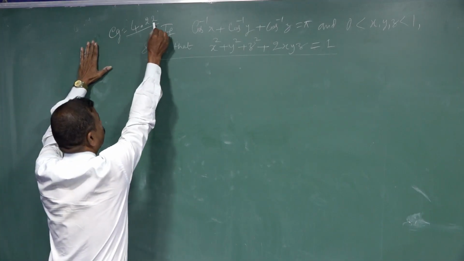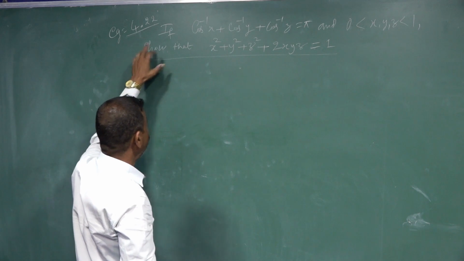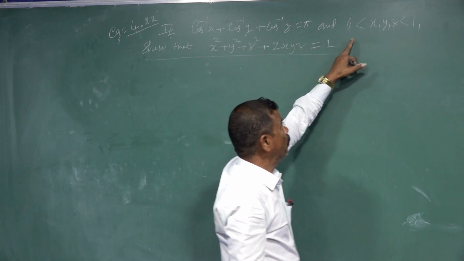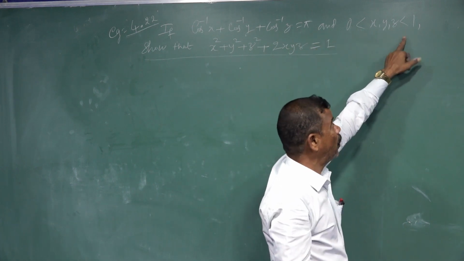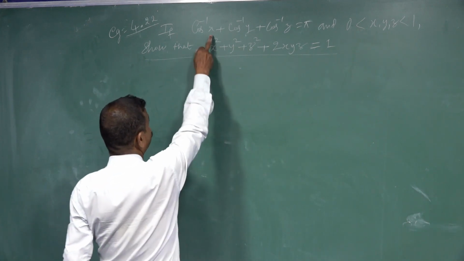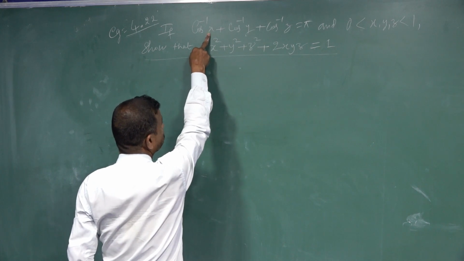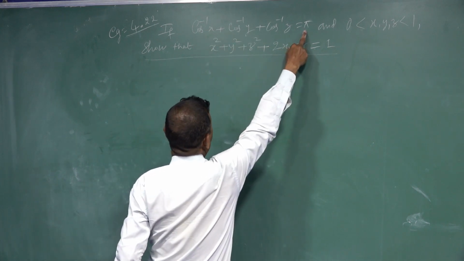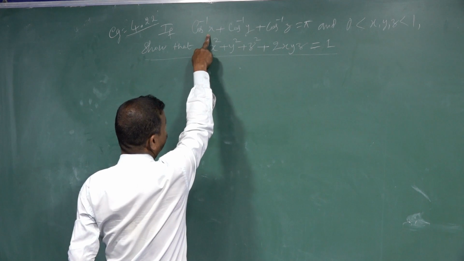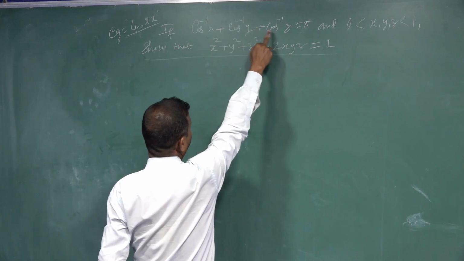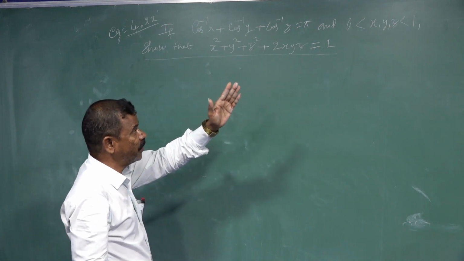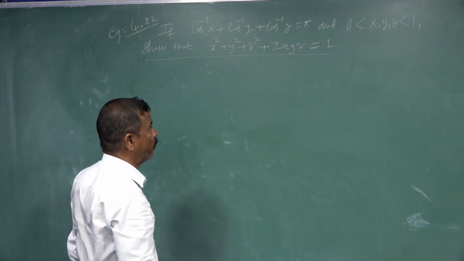Okay. Example 4.22. If cos inverse x plus cos inverse y plus cos inverse z is equal to pi, and x, y, z values are between 0 and 1, not equal to 1 and not equal to 0, above 0, below 1. Because if the value is 1, cos inverse of 1 is 0. Here 180 degrees; cos inverse of 0 is 90, so three 90s would be 270, but that is not equal to 180. That's why the x, y, z values are given in the range 0 to 1, that is the condition.